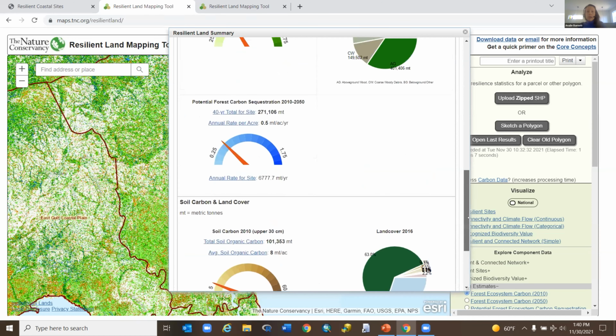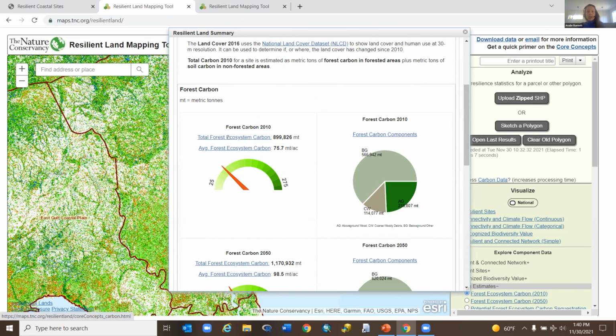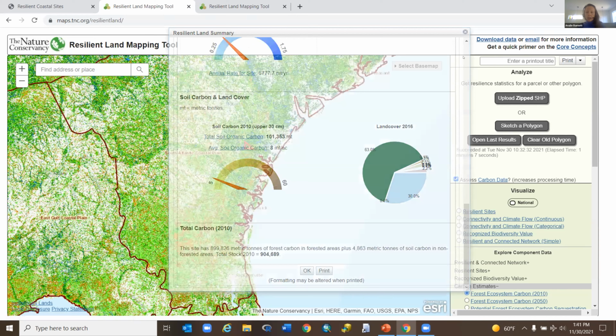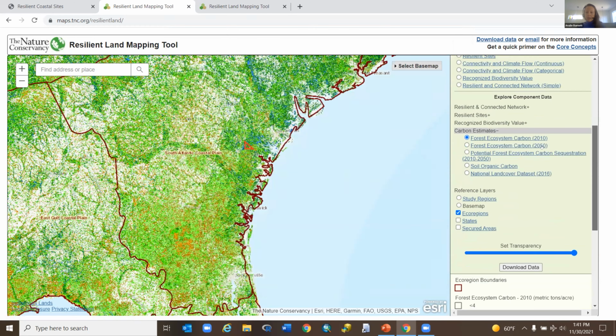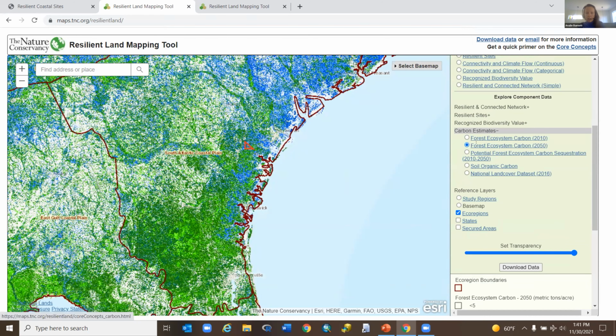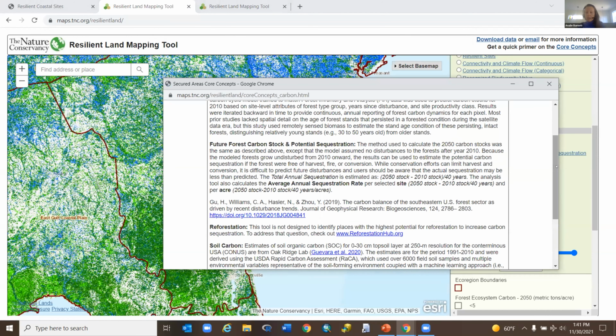And I just want to also note that if your area does contain both forest and non-forest, only the forest carbon data sets allow for the prediction of carbon sequestration potential to 2050. So that 2050 estimate does not have a soil organic component. And again, if you want to look at those underlying data sets, you can click on them here. And if you ever need more information about a data set, you can click here and it'll give you a brief description, any references